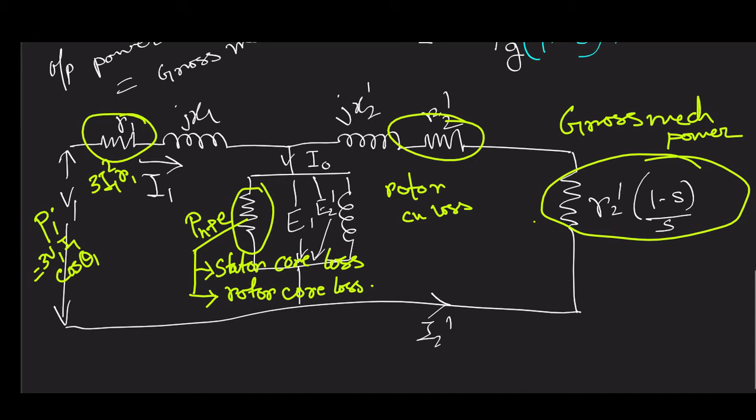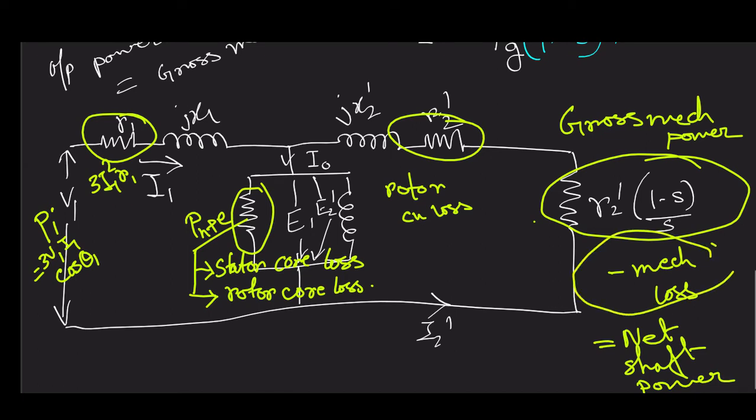So what is suggested is that if we subtract the mechanical loss from this gross mechanical power, we will get net shaft power. So this mechanical loss should be subtracted at the end, once your electrical energy is converted into mechanical energy. However, what I am telling you is that let us bring this mechanical loss here,